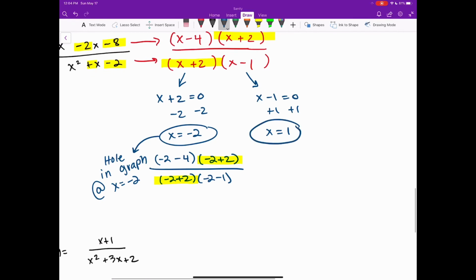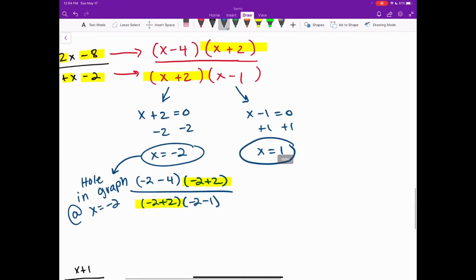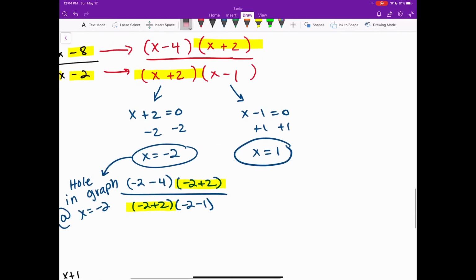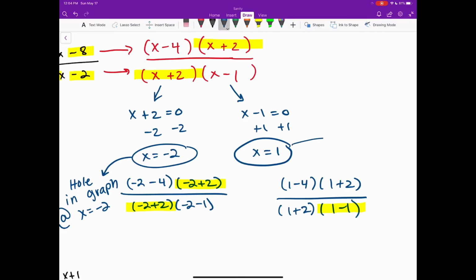Let's look at the other one. If I plug x equals 1 into my function here, I'm going to get 1 minus 4 times 1 plus 2, divided by 1 plus 2 times 1 minus 1. So here I only see that this piece is 0. Since only my denominator is equal to 0 here, that means that x equals 1 would have to